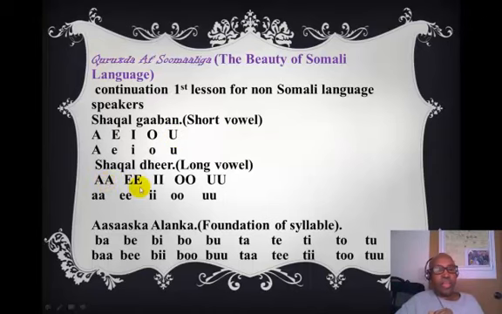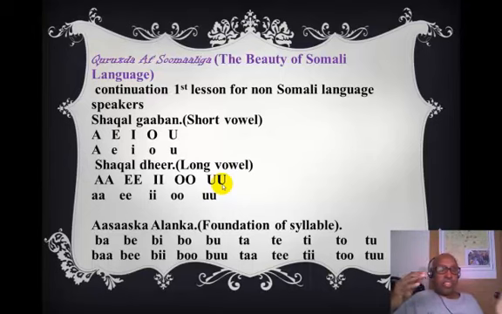A, E, I, O, U. One more time. A, E, I, O, U. In conclusion, I want to add something about the foundation of the syllable.